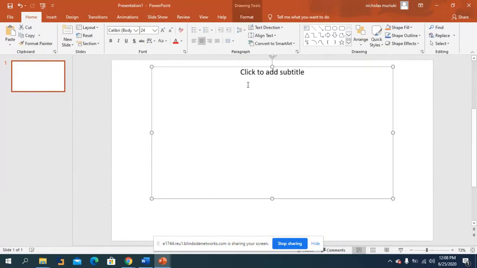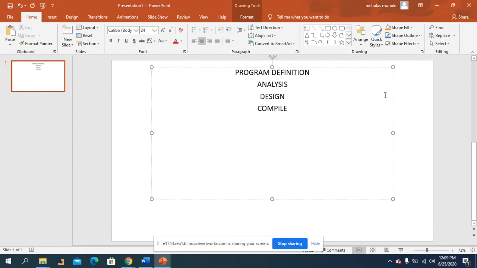we need to understand that we need to start from somewhere. That is what you call the program definition. Then from the program definition, we need to have what you call analysis. And then within that, maybe you have design. Then after design, we have compilation. We compile. Then after compiling,